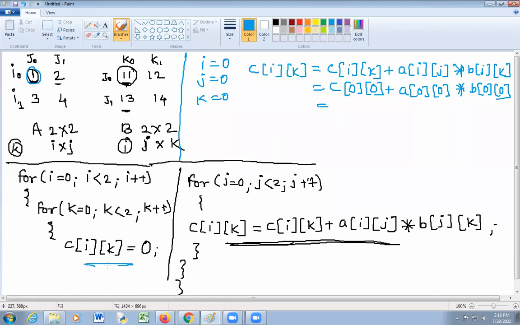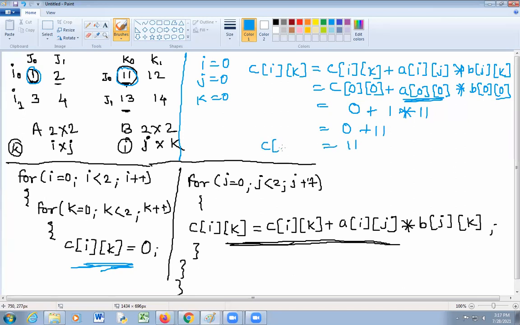C of ik, here we have declared value C of ik is equal to 0. So here C of 0 0 0 plus A of 0 0 is here I 0 j 0, A of 0 0 is 1 into B of 0 0 j 0 k 0 is 11. So we have done this multiplication, addition.